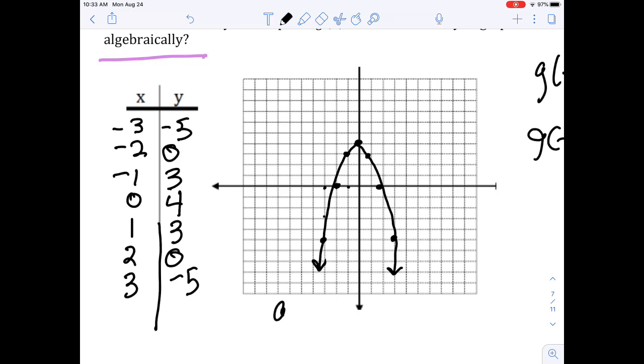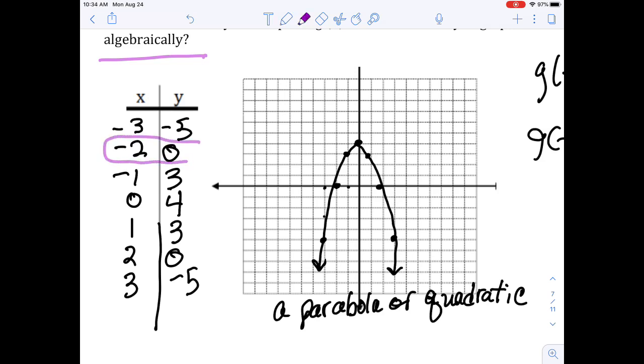This curve is called a parabola. Okay, so this is a parabola. It is also quadratic. It is also one of the parent functions that we're going to work on, and we're going to learn all of its properties. As you can see from my table,